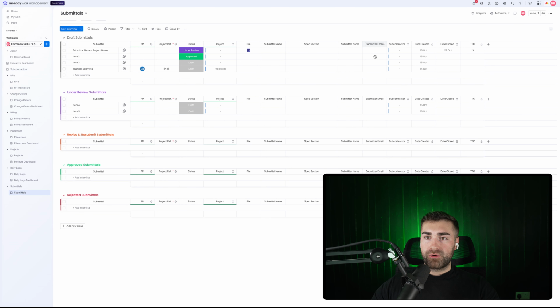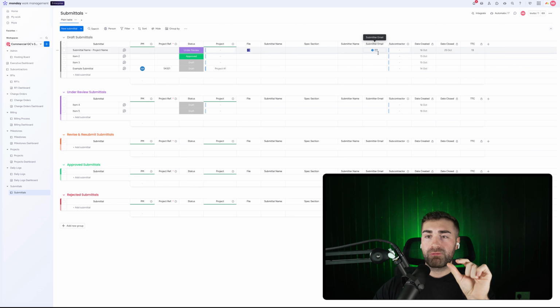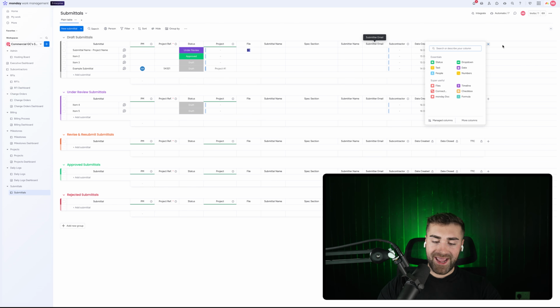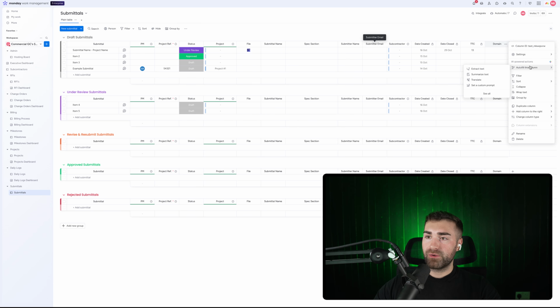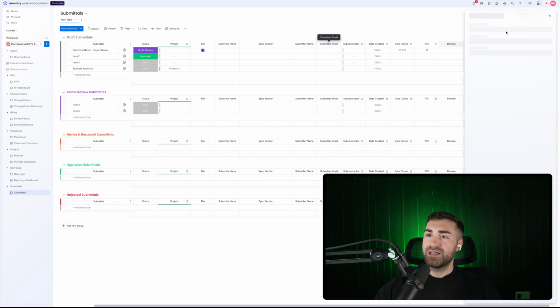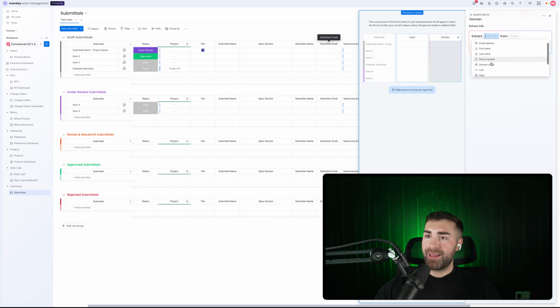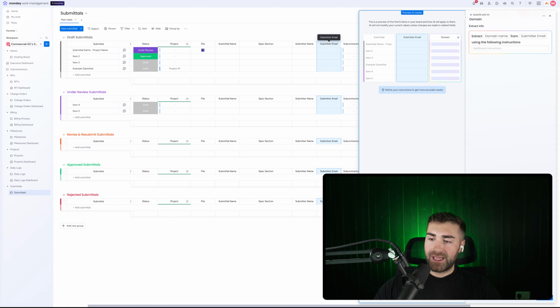What we want to be able to do is, when an email is submitted, extract the domain from the email. That's going to act as our unique reference number, which will allow us to connect our submittals to our subcontractors. So we're going to create a text column, and this text column is going to have some fancy AI functionality that's built in within monday.com. So I'll call this domain, and then we want to press the 3-dotted button, go autofill this column, extract text, and then we want to extract the domain name from the email, submitter email,